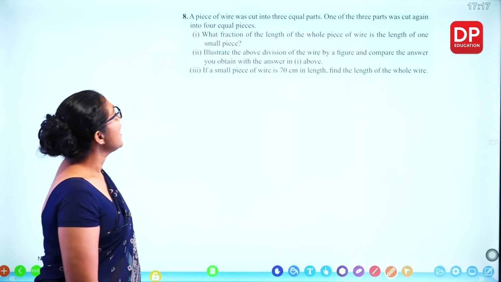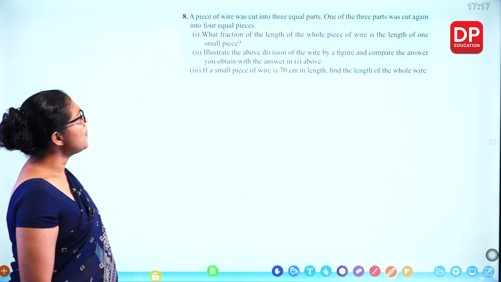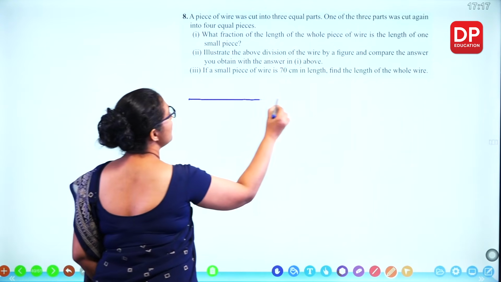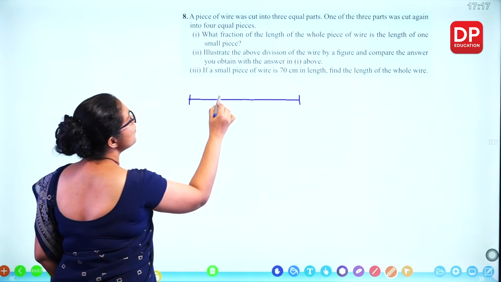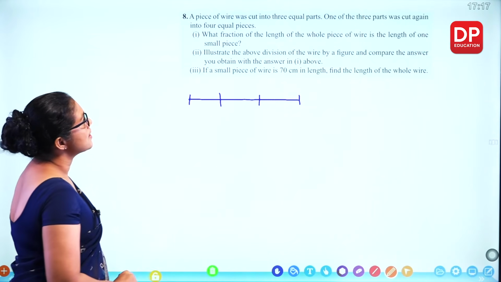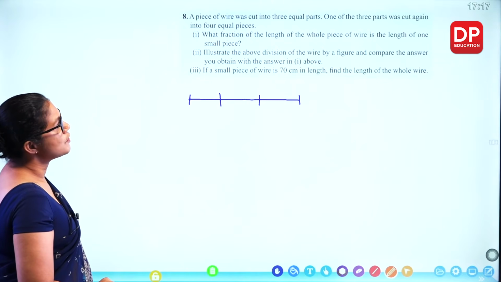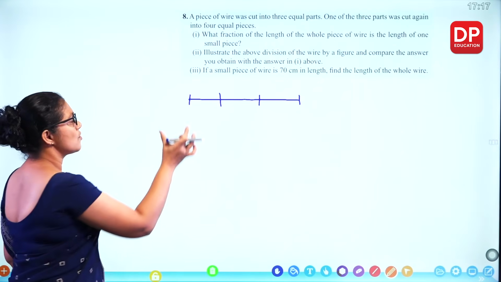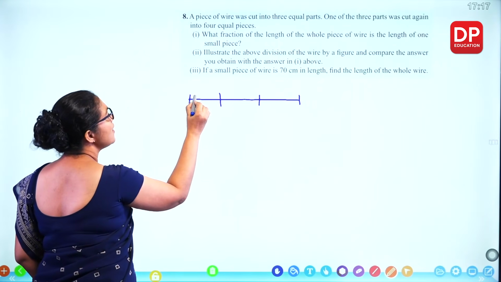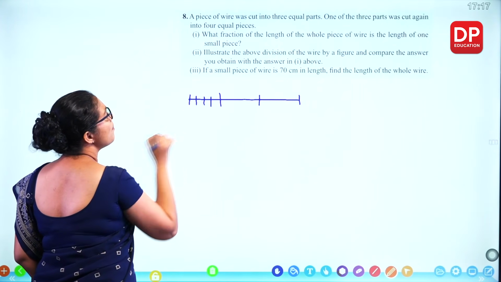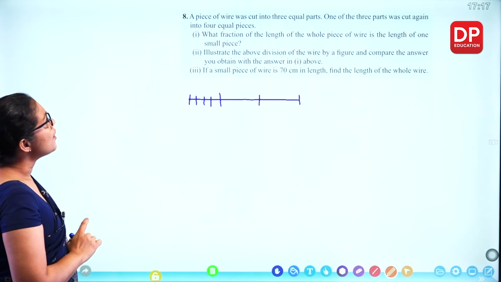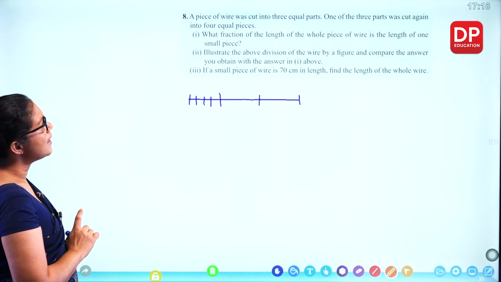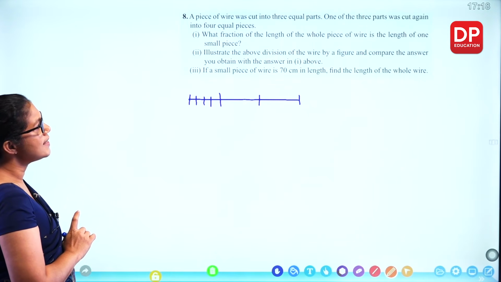Now we'll take the 8th question. A piece of wire was cut into 3 equal parts. So you can take a wire like this, 3 equal parts. One of the 3 parts was cut again into 4 equal parts. So take one part and 4 equal parts. What fraction? So they ask, what fraction of the length of the whole piece of wire is the length of